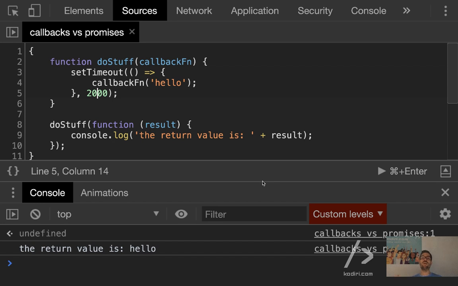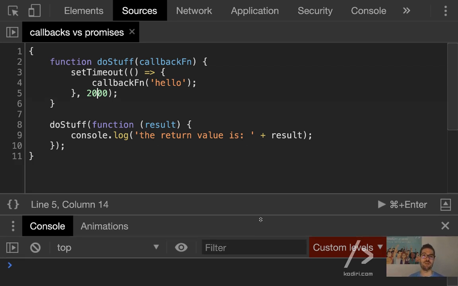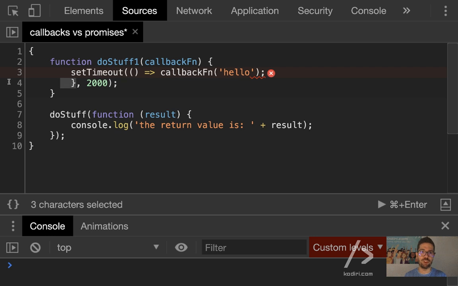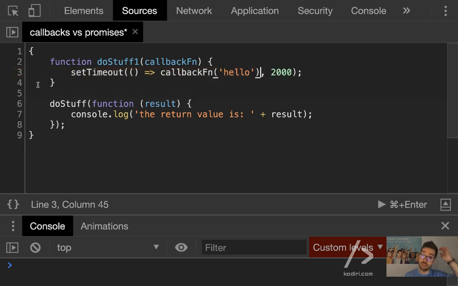Let's try to orchestrate multiple functions doing asynchronous code. Imagine that we have 3 functions, do stuff 1. I'll change that just for readability purposes. So do stuff 1 returns hello after 2 seconds.